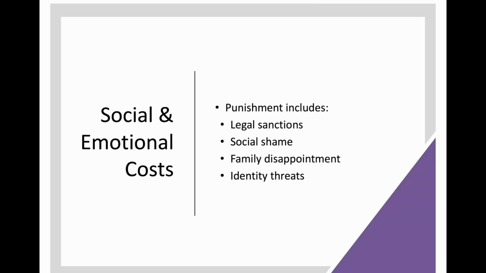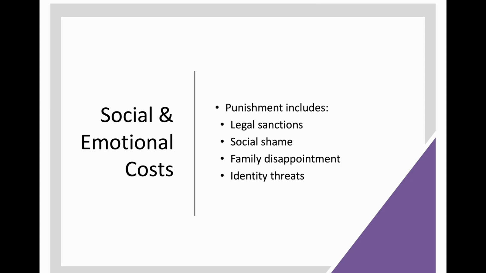So, to expand on this further, punishment is not just limited to legal sanctions. Crime can produce shame, guilt, embarrassment, family disappointment, social stigma, identity threats, and reputational harm. Now, these social and emotional costs can become powerful deterrents on their own. For example, Allen, Murphy, and Bates studied compliance among young drivers and found that shame-related emotions influenced compliance. Now, this matters because it suggests that deterrence is not purely legal or economic. Deterrence may also operate socially and emotionally.